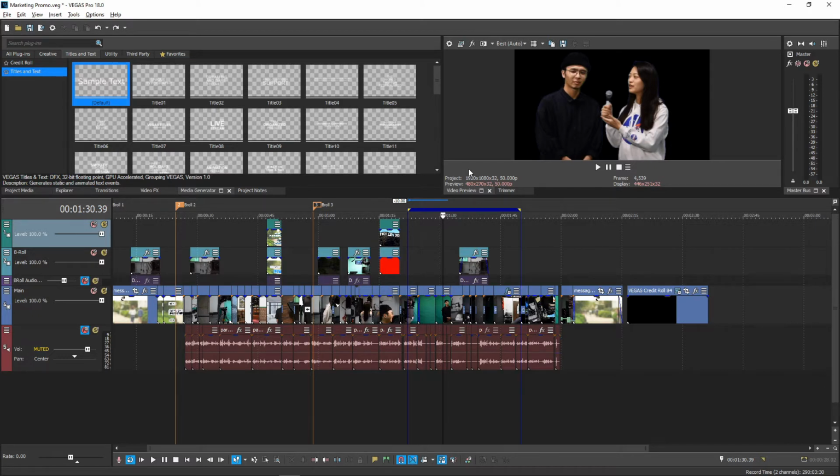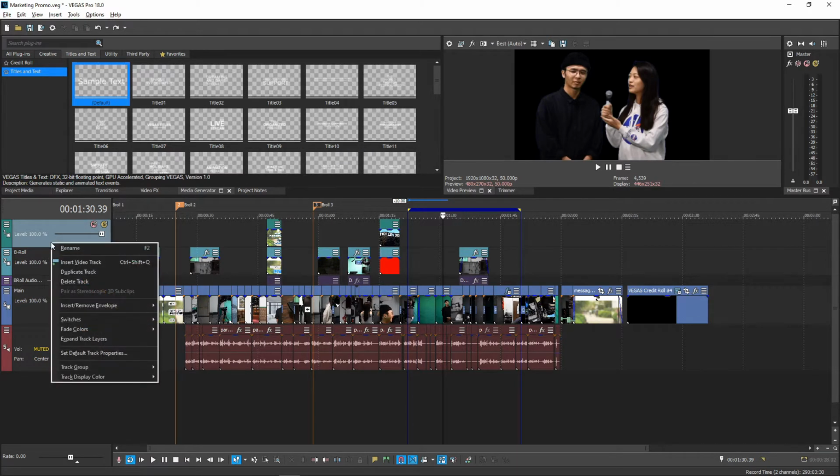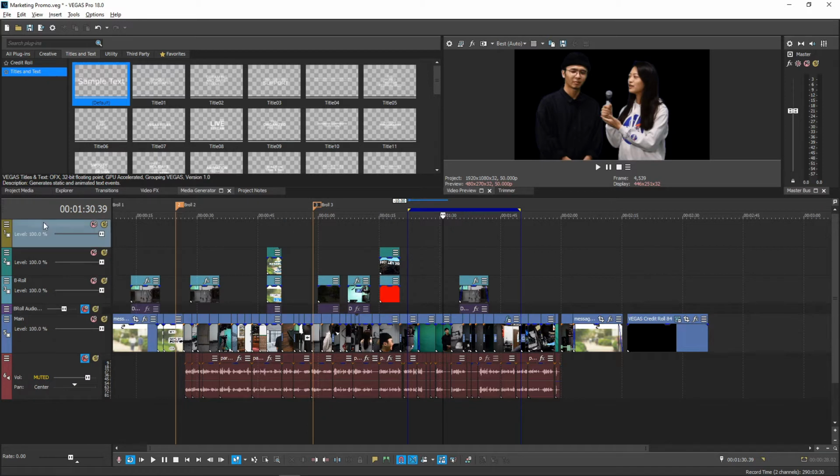This could be a photo file of a logo or just text. A watermark can show throughout your whole project. It's a good way to protect your work from being stolen and serves as a reminder of the brand or creator to your audience. To do this, simply add your logo or text on a new track.